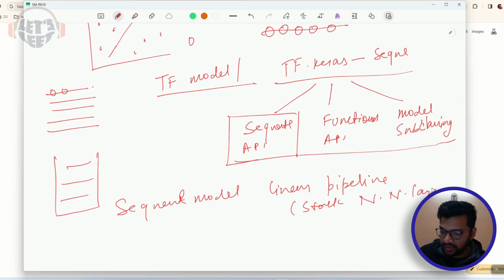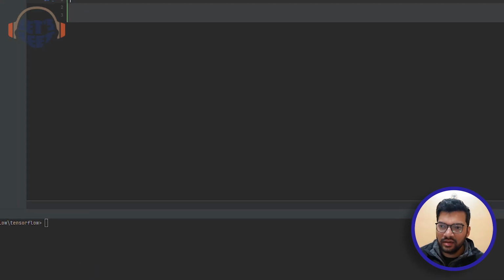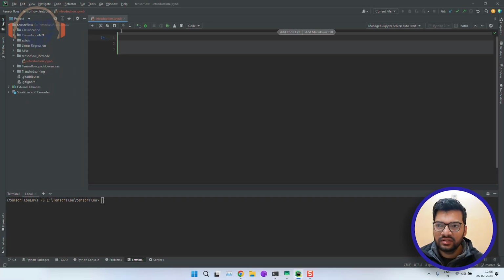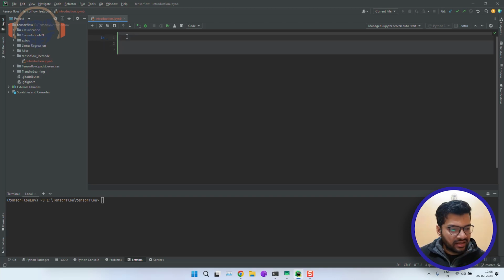All right, let's quickly write a small TensorFlow code just to give you hands-on experience of how things work. I have my TensorFlow environment created. For Python, I'm using the Anaconda distribution. You can also use the same, or it's up to you. I am using PyCharm as my code environment, my IDE. I created a virtual environment, and inside that I have all my dependencies. All right, how can I start? What I can do is